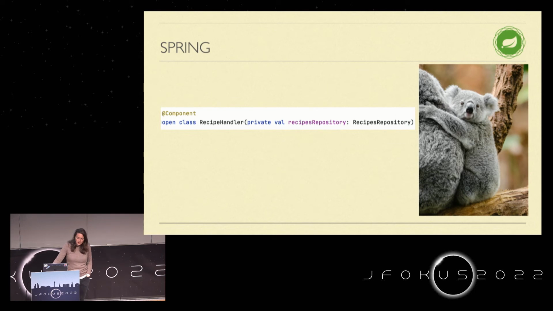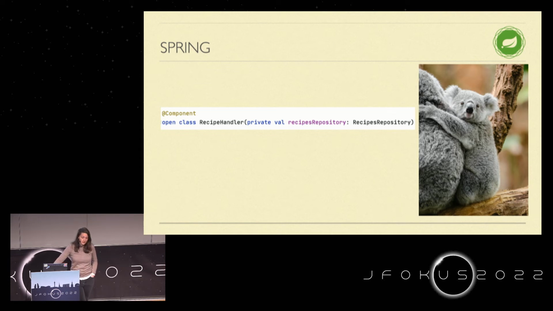So let's have a look at my Spring beans, how I like to write them down. I'm here using the @Component annotation to declare it's a Spring bean. And as you will see, my class is declared as open. As I said, classes in Kotlin are by default final, and Spring can't do its trick if it's a final class because it's proxying it.